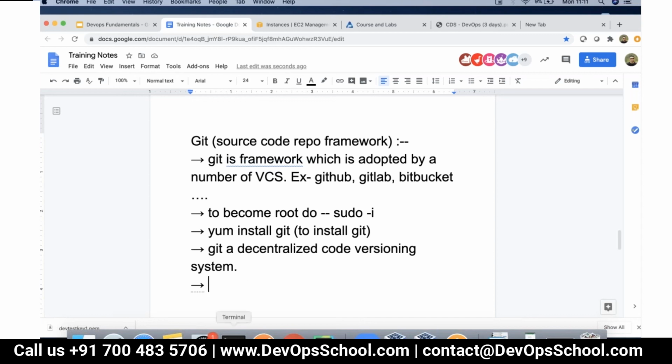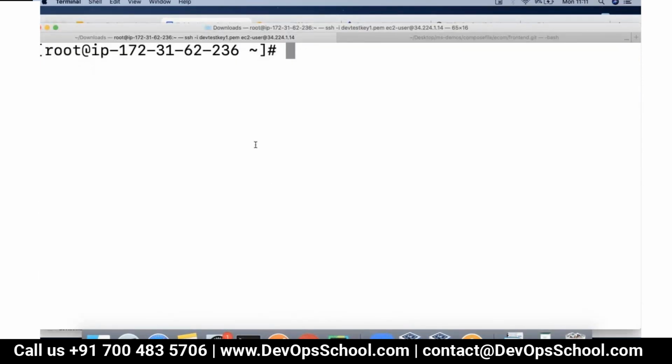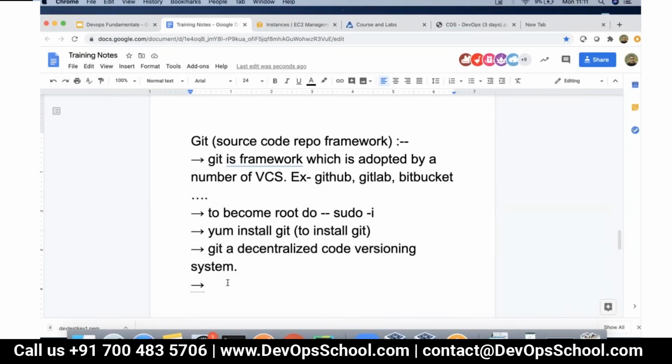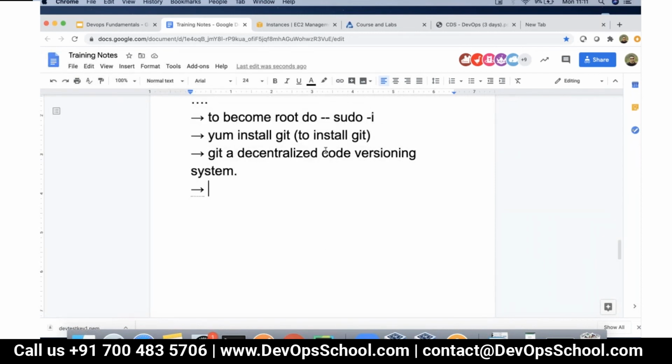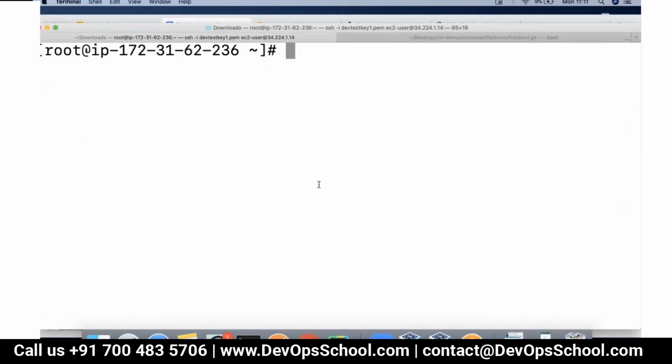Now we have installed Git. How we work with this is, there are 4 phases before you use Git anywhere. You have to initialize Git. So I'm going to create a directory here. Let's say this is my directory called code1. Let's say there is some code kept in there. Now if I go inside this code1 directory,